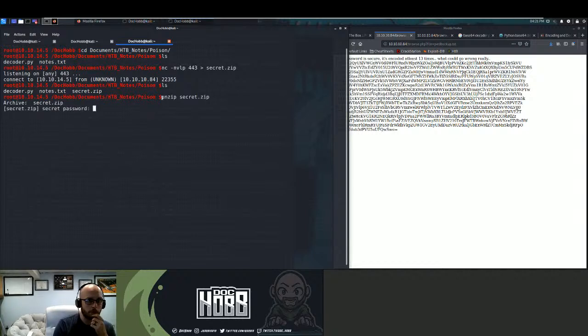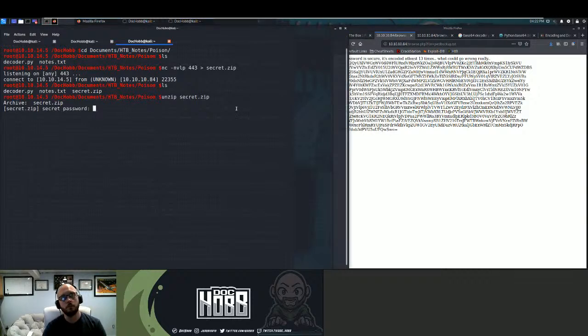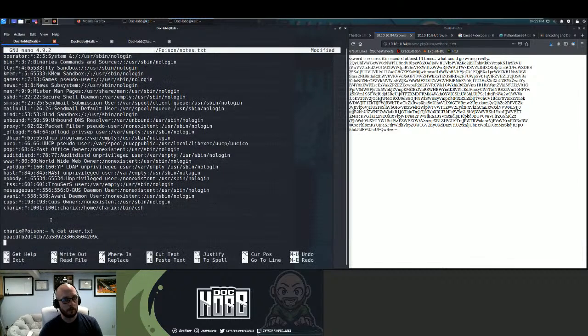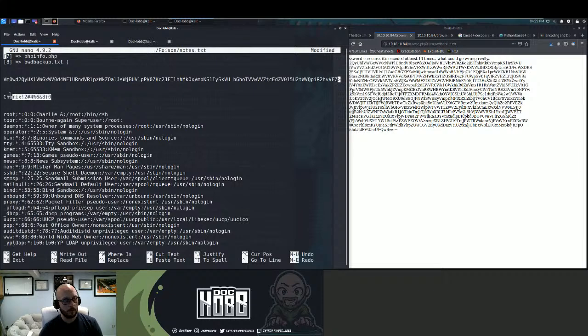Needs a password. Needs a password. We only have the one so far. I can try to brute force it, but before I do, I think I'm going to hope for some level of reuse, because it's still under Charix's account.